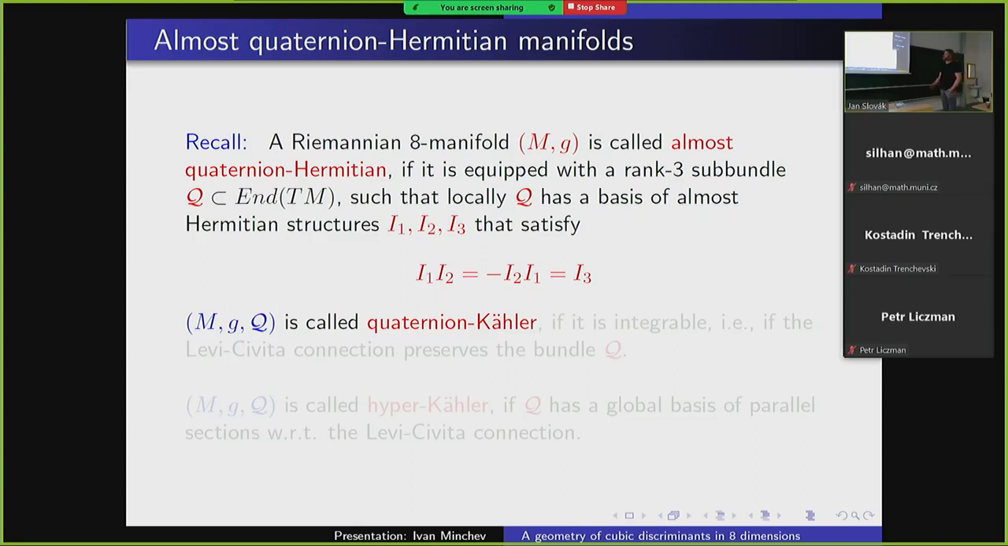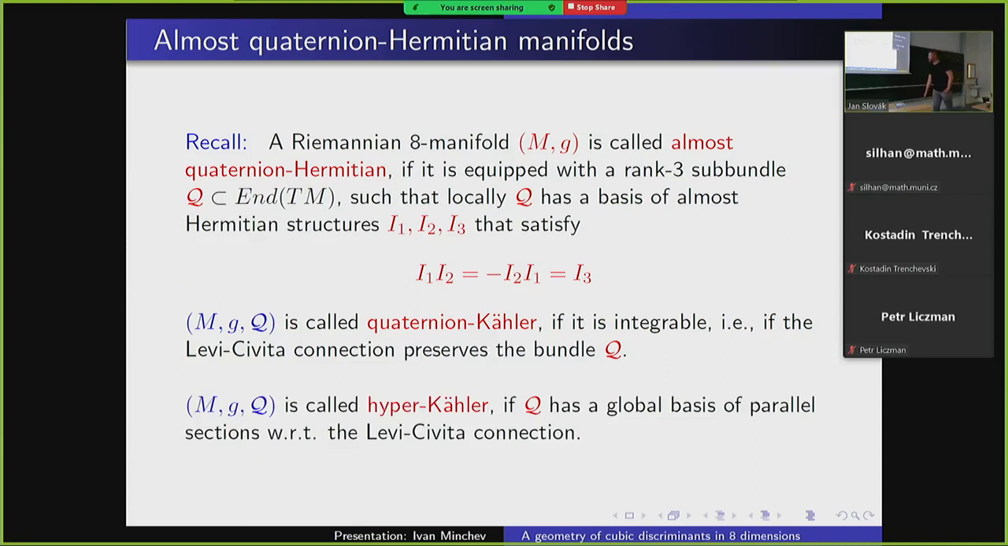Of course, an almost quaternion Hermitian manifold is called quaternion Kähler if it's integrable. So this means that the Levi-Civita connection of the metric g needs to preserve this subbundle Q, and it is called hyperkähler if, of course, we can find such a local basis of almost complex structures that are parallel with respect to the Levi-Civita connection. But this is the terminology that's used. So this is our underlying